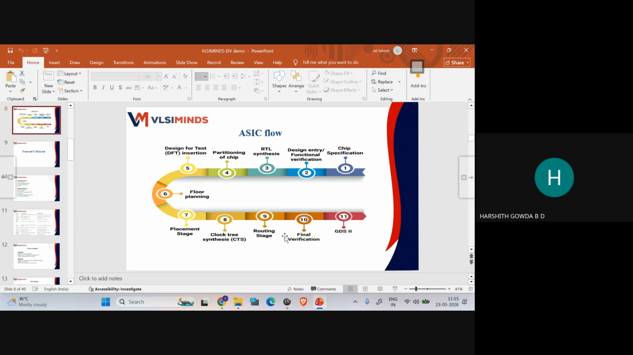GDSII is a file format now, sir. This is not a file format. GDS means graphical data structure for information interchange. That result will come at the end of the tool itself, no, sir. After that, GDSII is a file format which will come after doing the clock synthesis and all, after the PD class. Yes,